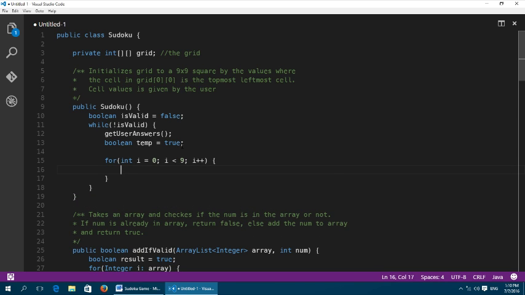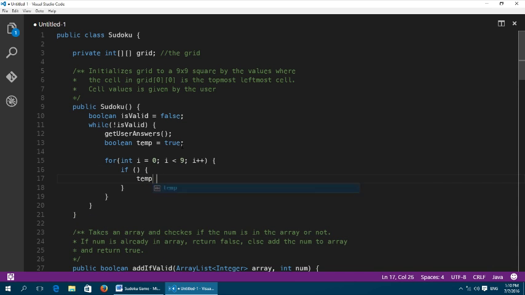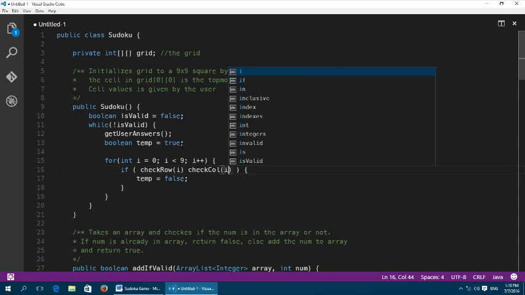So we are going to make an if condition, and if that happens to be true, we will make the temporary variable false. Now for the condition, we are going to check the row at i, and we are also going to check the call, or the